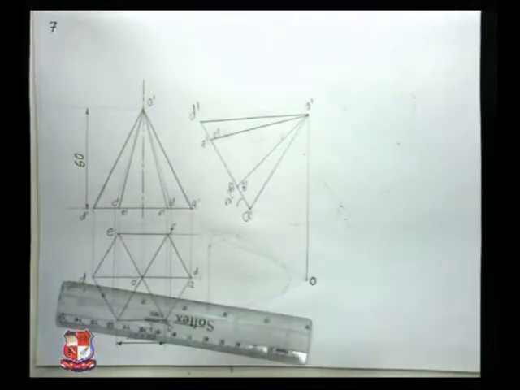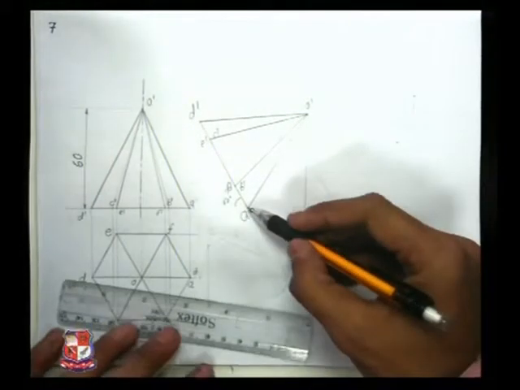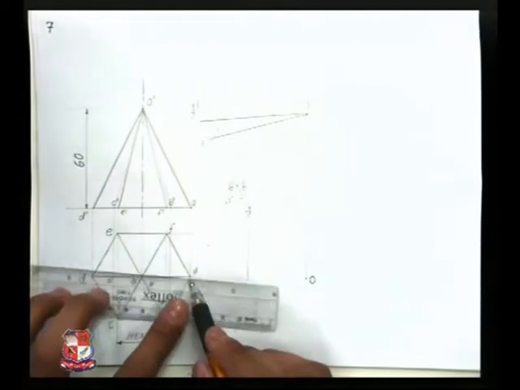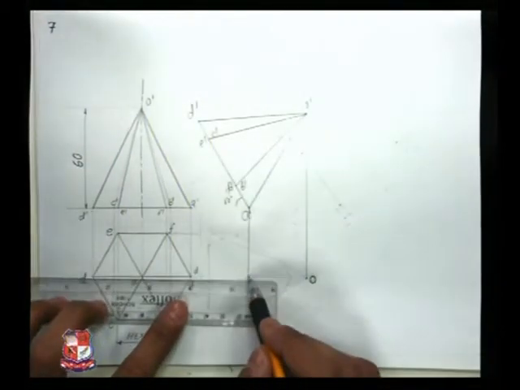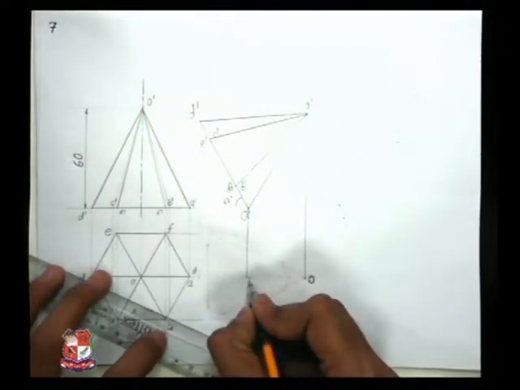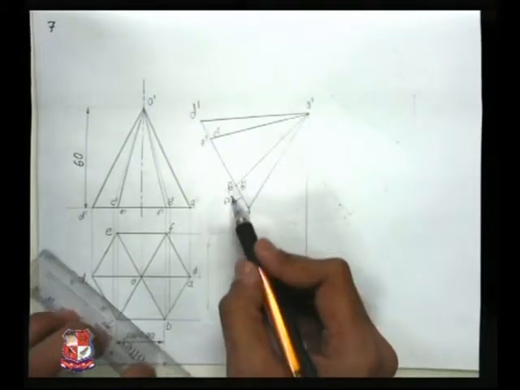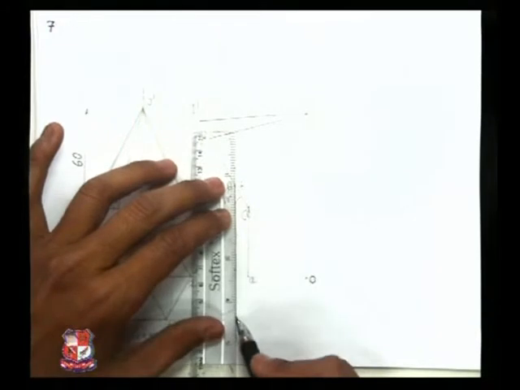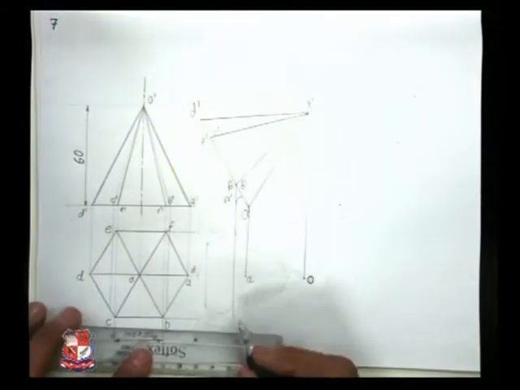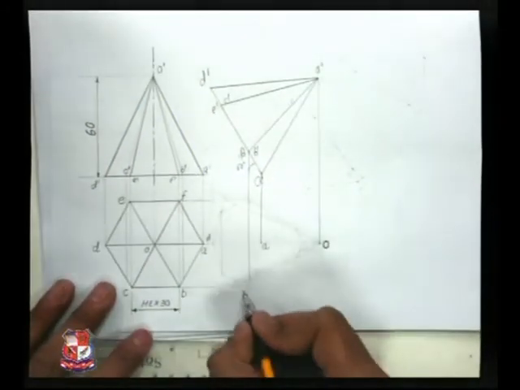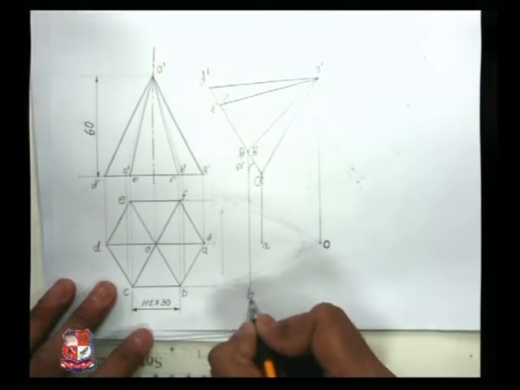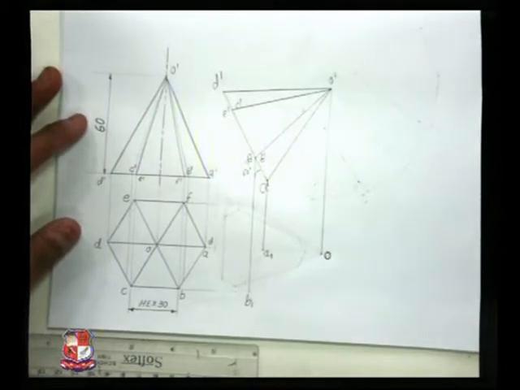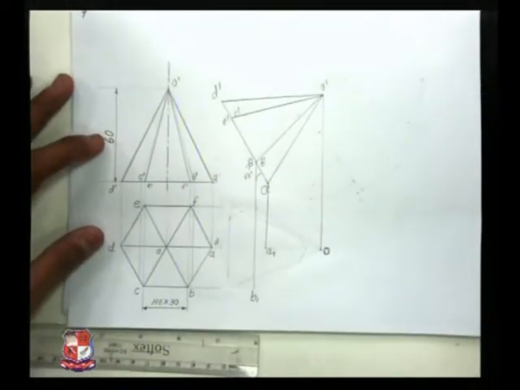Similarly, point number A is somewhere here at the bottom. So from point A, draw straight vertical line. From point A, draw straight horizontal line. Both will cut at one point. So here is the point, that is point number A. For point number B, vertical line from point number B, somewhere here. Horizontal line from point B. Both will cut at one point. Here is point number B, or A1, B1, to differentiate from the previous point.